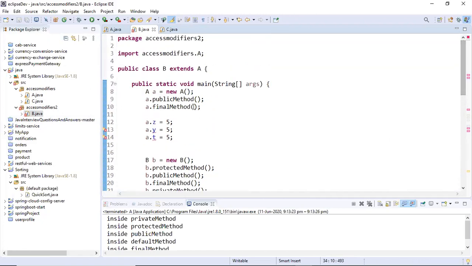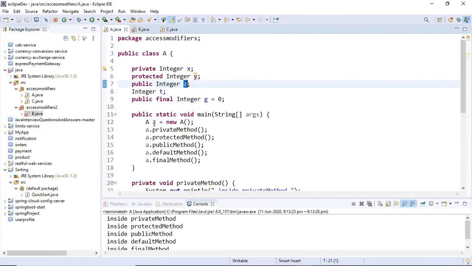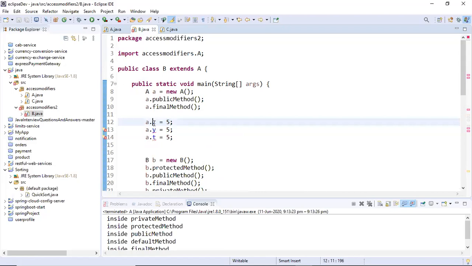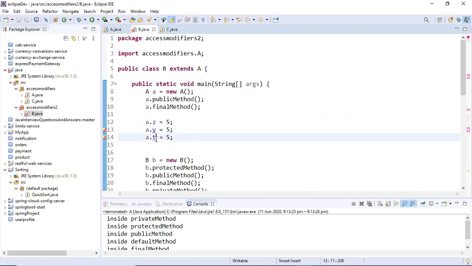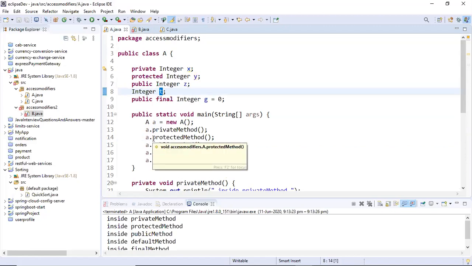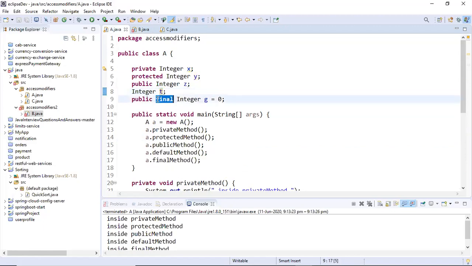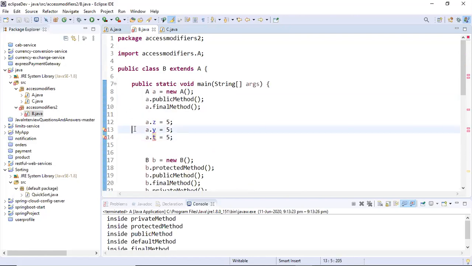So guys, see, A is a class which is present in a different package and I can only access the public keyword. I cannot access Y, which is protected. I cannot access P, which is default. And we have seen that final and private cannot be accessed from the same package, forget about from different packages. So this will give you the compile time error.